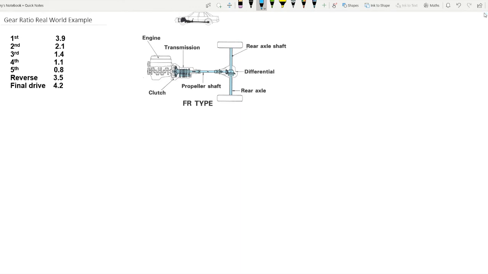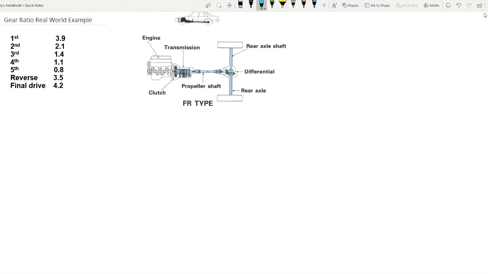Now typically this is anywhere from 3 to 5 to 1 ratio, but the average is probably around 3.5 to 4. Now this is quite an easy component to modify. Anyone who's into motorsport might know that this is something that can be easily switched, sometimes a little bit more easily than the actual gears in the main transmission. So just by changing this, we can vastly improve the torque output, or we can vastly improve the top speed,